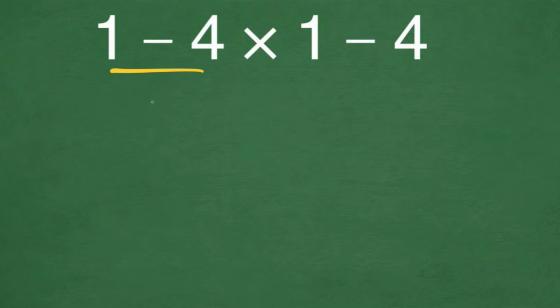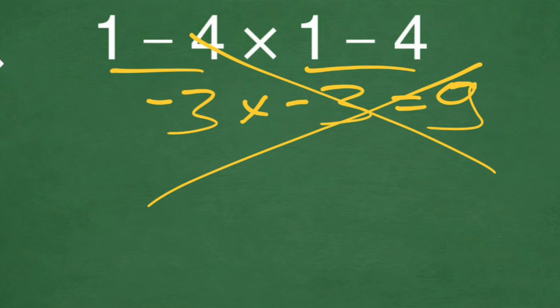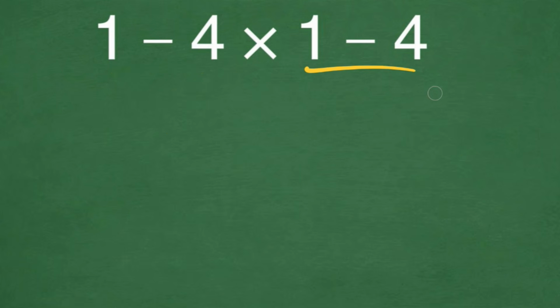1 minus 4 gives us negative 3. And again, here we have 1 minus 4, which gives us negative 3. And negative 3 times negative 3 is equal to 9, because negative times negative is positive. But this answer is not correct, because according to the order of operations, PEMDAS,